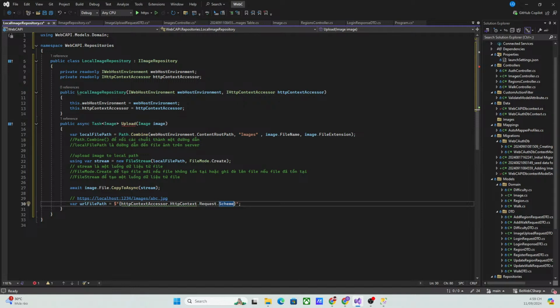So again, HTTP context accessor dot HTTP context dot request dot host, and this will give the